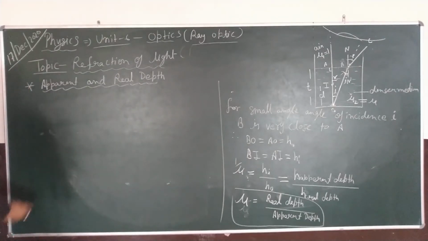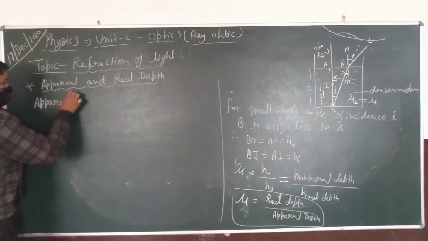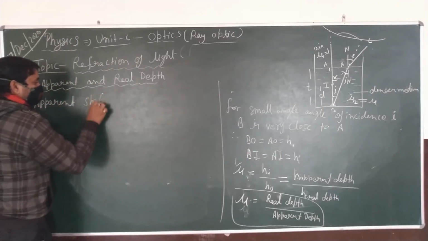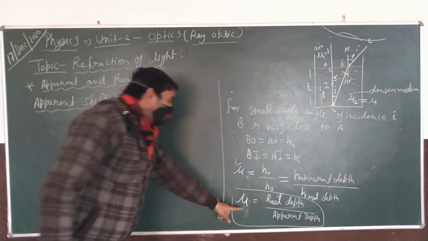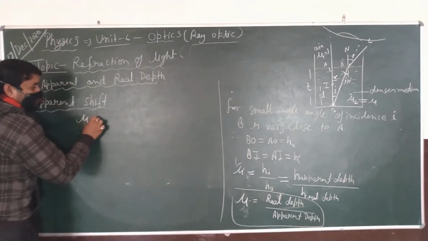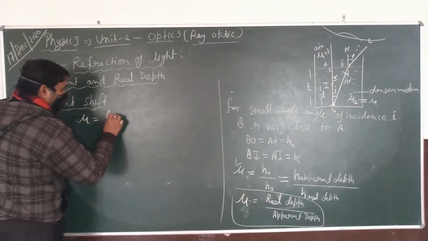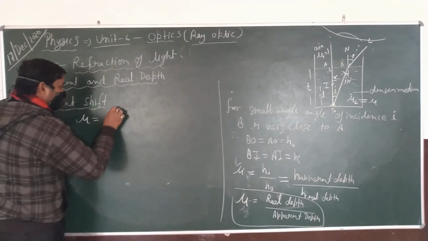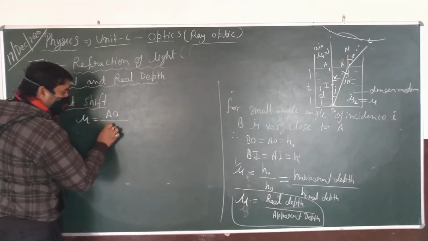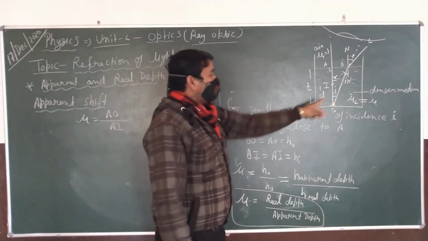Next is apparent shift. For apparent shift we have mu is equal to OA upon AI. Now, from the figure,